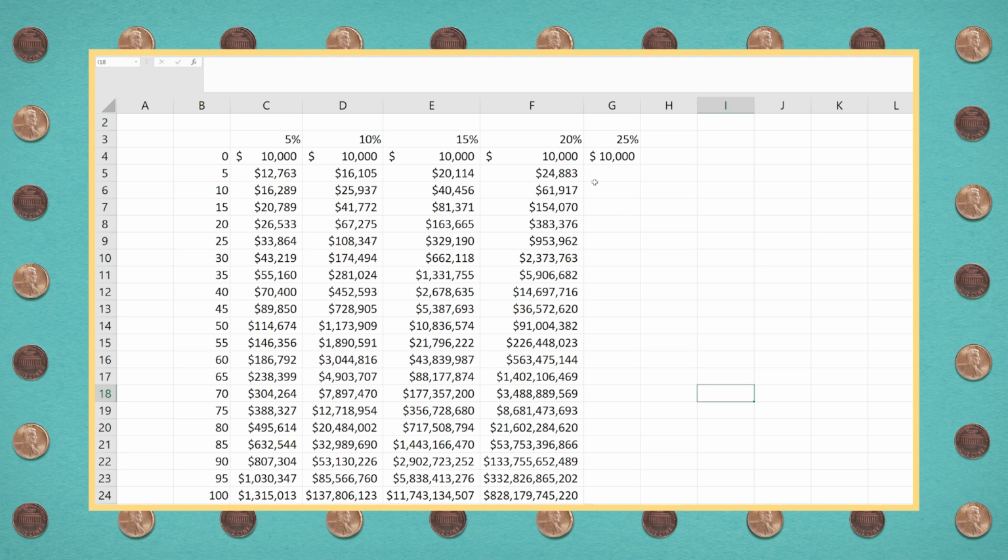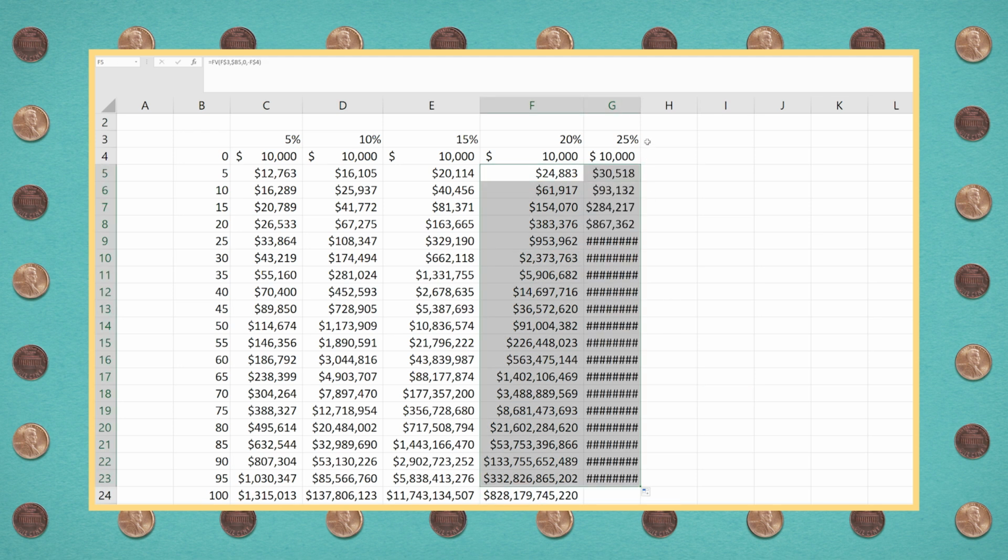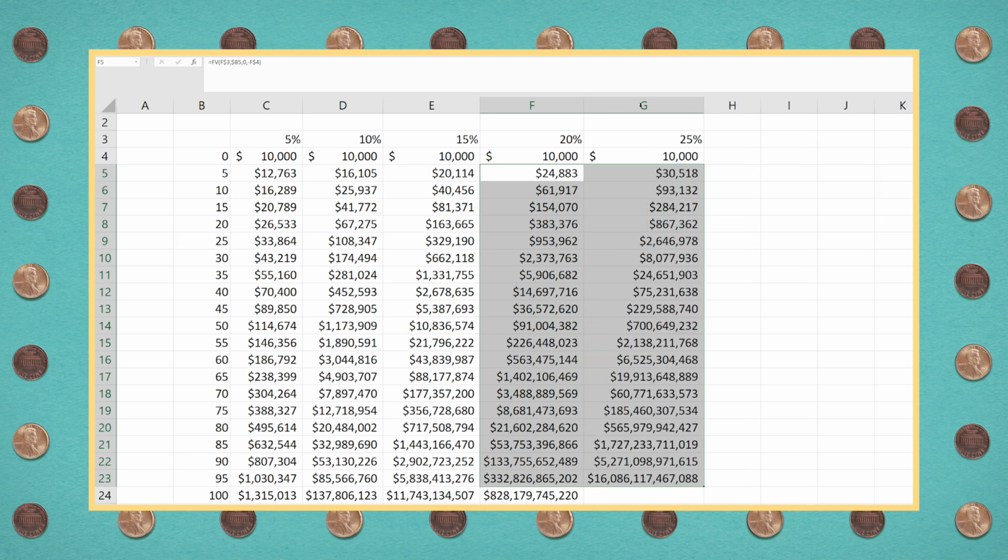Let's look at 25%. We'll drag and down and use the crosshairs to expand the cell, and we get, drum roll for the last one, $49 trillion. It's an astounding amount of money.